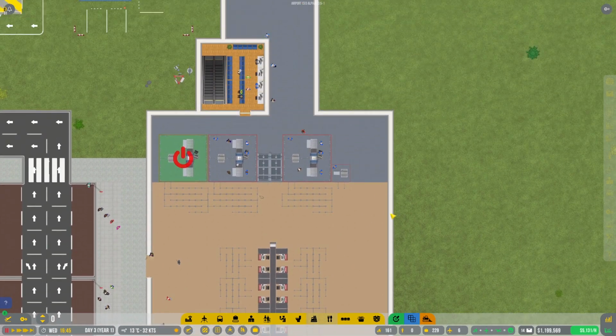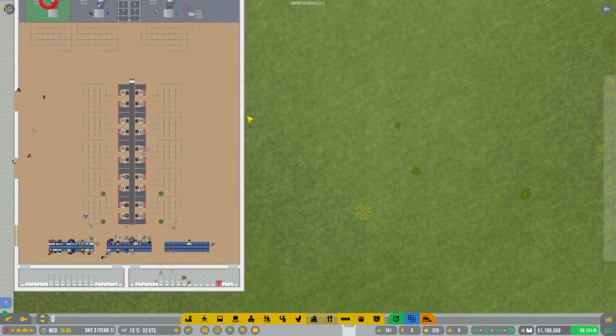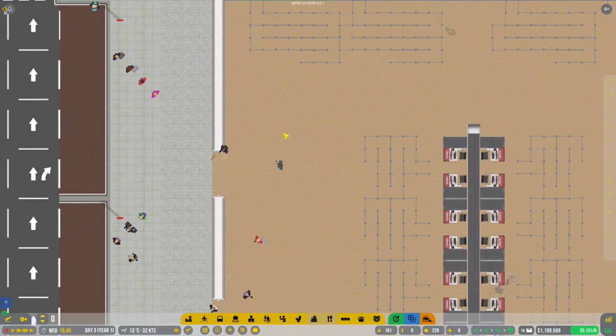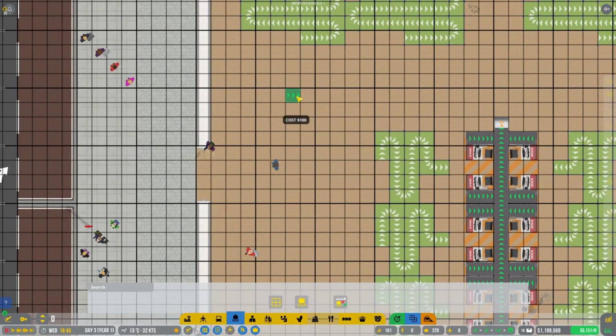I could do baggage claim over on this side. Right? Because it's kind of the... But it's not going to work. Maybe we'll do a temporary little baggage claim section right over here. So let's quickly run a little section. That's going to be baggage claim over here. Okay, something like that. This is going to be our baggage claim. Okay, so now,